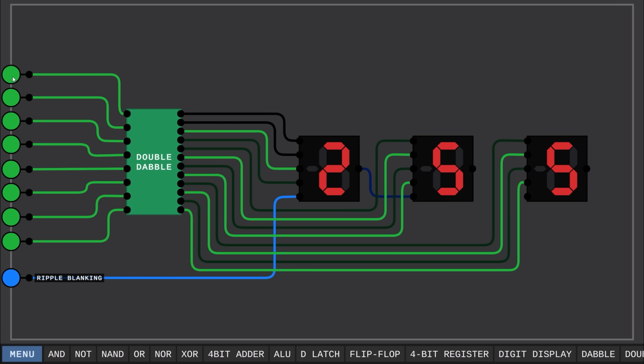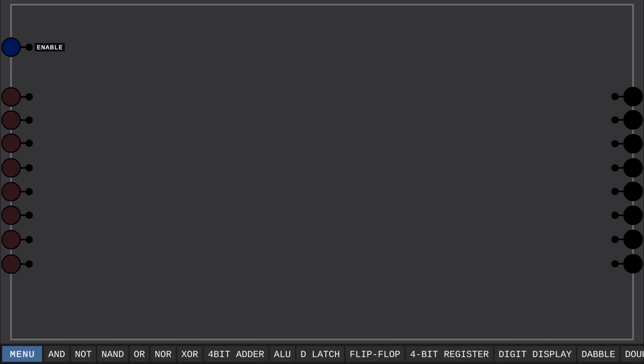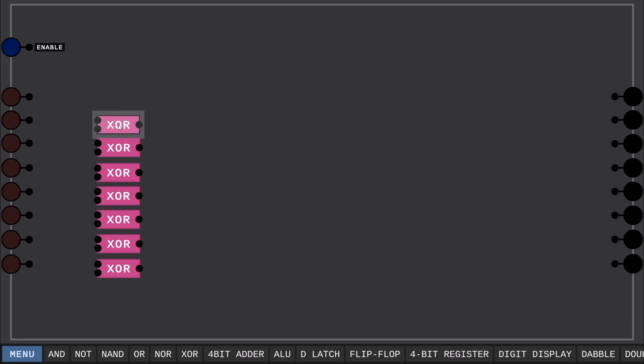All that I want to add now is support for negative numbers, which shouldn't be too much work. We mainly just need to make a chip for negating an 8-bit number, in other words making a positive number negative or a negative number positive. We figured out back in the first episode that this requires 2 steps, first flipping all of the bits and